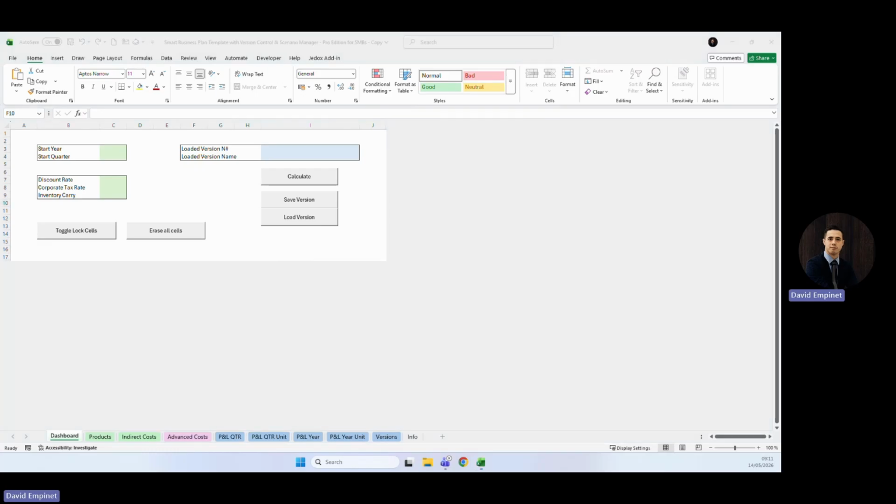So let's get started. So how to use this template. Now, it's quite simple. The idea here is that you can have a lot of inputs, which you're going to put into these green cells, and it's going to give you an output here in the blue tabs, where you're going to have a P&L, so a profit and loss, by quarter, by year,